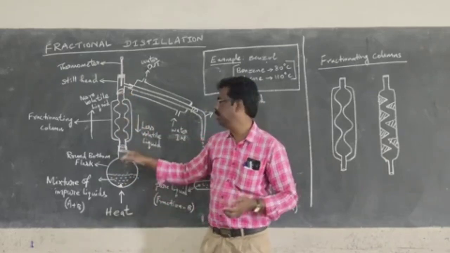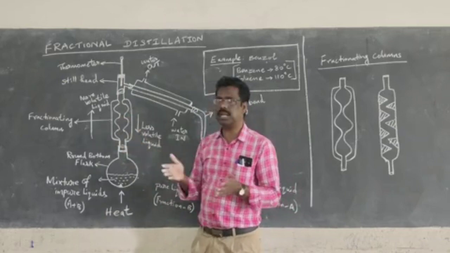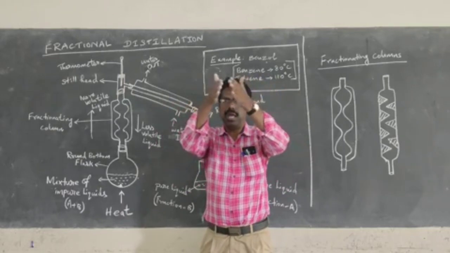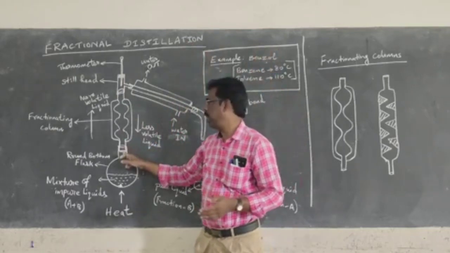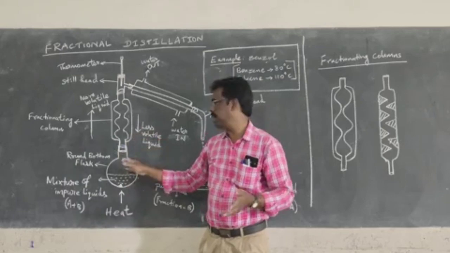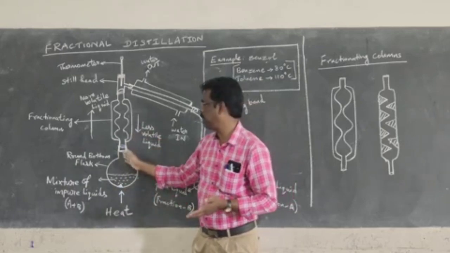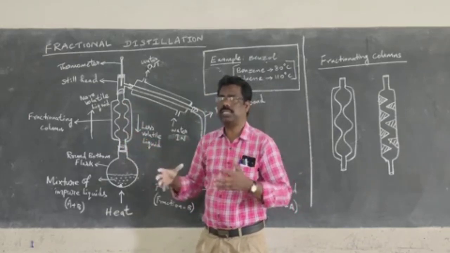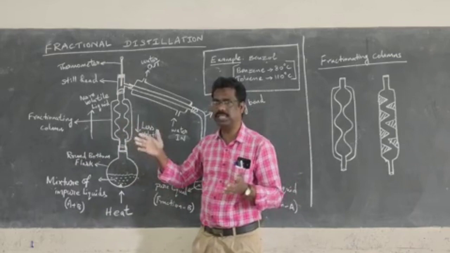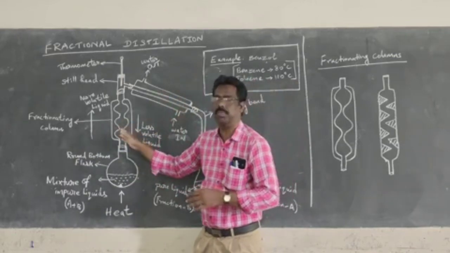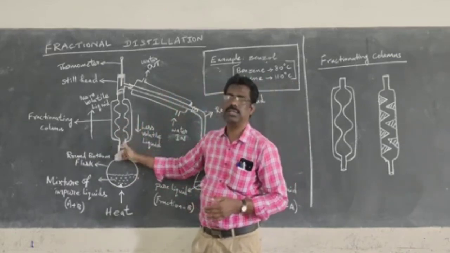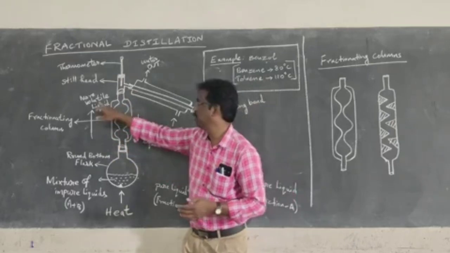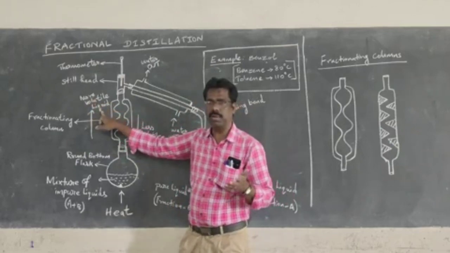Inside the fractionating column, you can see in the apparatus setup that it has a narrow path, then broad, then narrow, then broad, then narrow. While both vapors, benzene and toluene, pass through the fractionating column, the vapor has to touch more surface because of this narrow and broad setup. While it is touching the surface of the inner tube, the liquid which is more volatile, that is nothing but benzene,